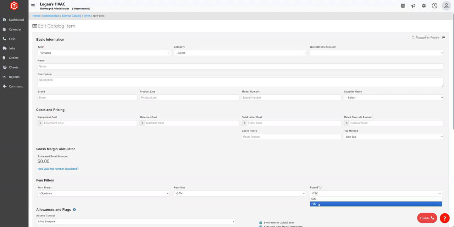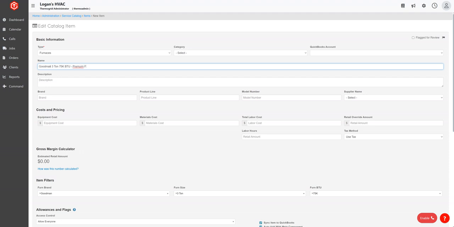and the BTU. So now I can input a name such as Goodman 3 ton, 75K BTU, premium furnace. Oops, there we go. All right. If you want to put in a description, you can. We can go ahead and put in